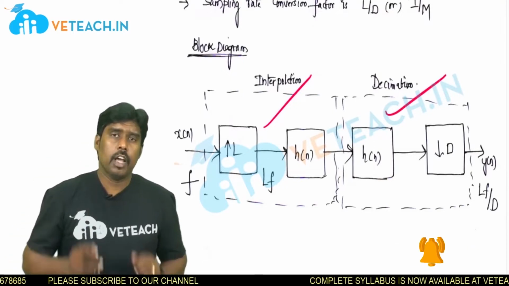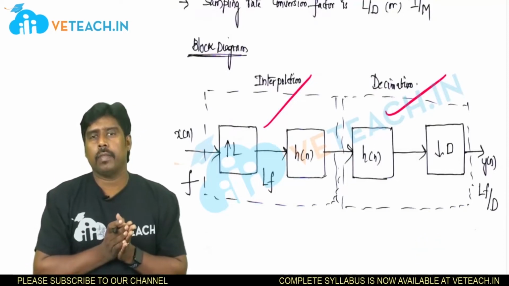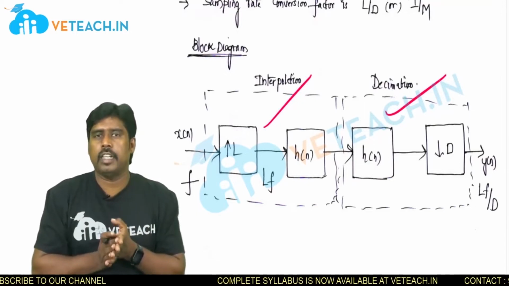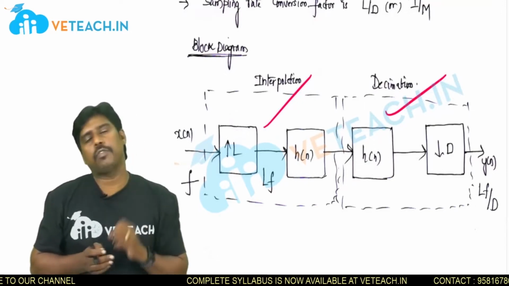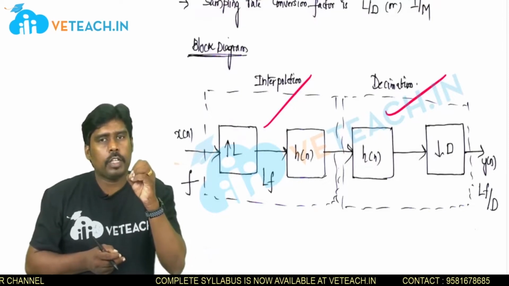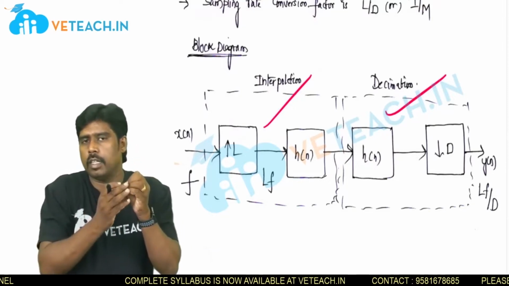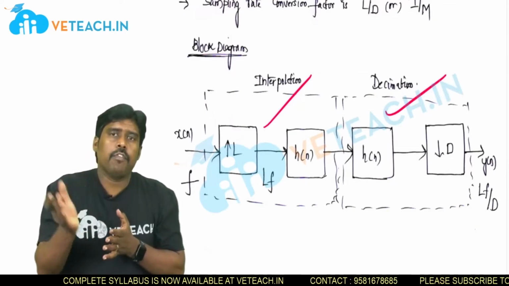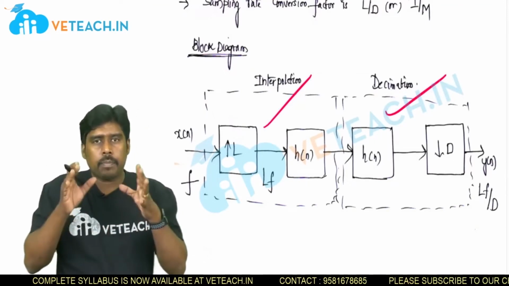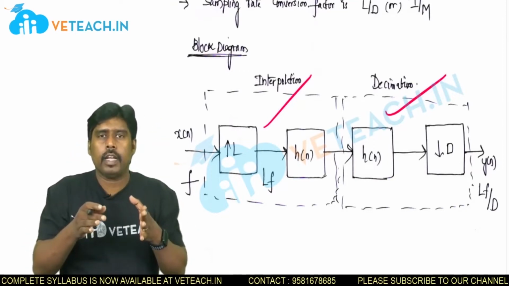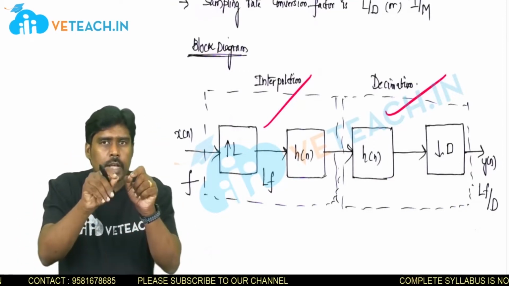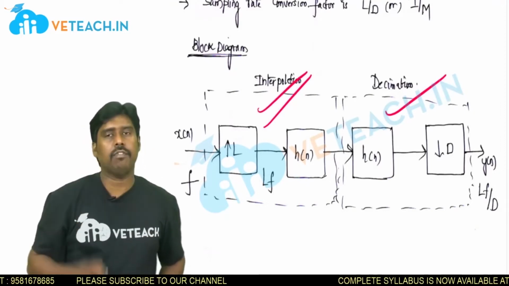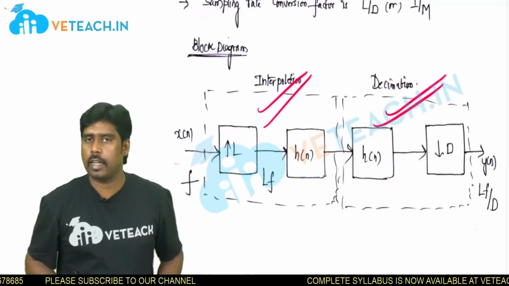The reason is, if you perform downsampling, a few of the samples are missed, we are discarding them, and there is a low pass filter there. The low pass filter band limits the signal, so a few samples will be neglected. That's why we upsample first: in upsampling all the samples will be there, and in addition, between two samples we are inserting L-1 zeros. So upsampling is done first, then downsampling is done later.